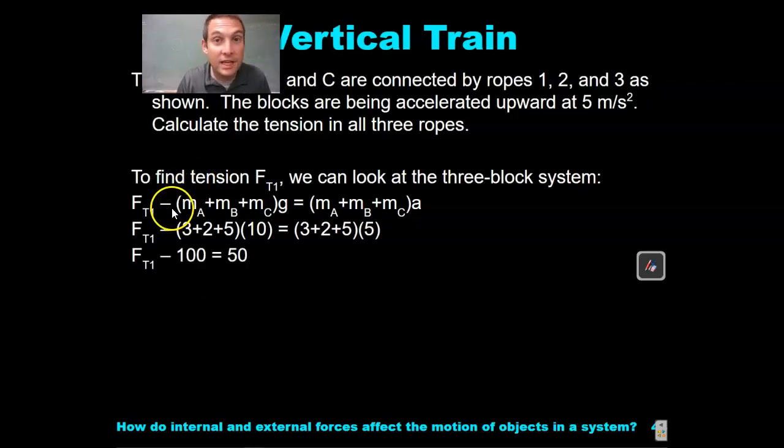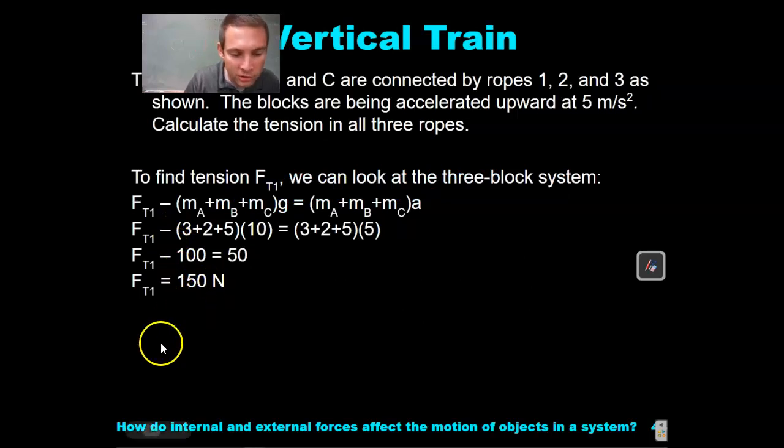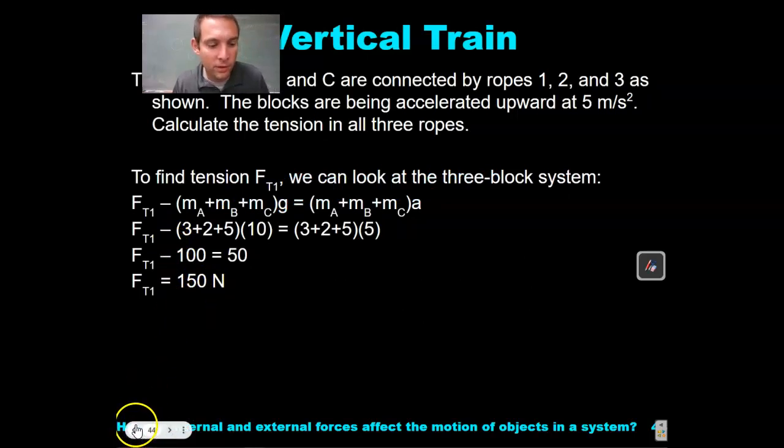Multiple ways to solve this. I don't care how you get there. I care that you get there with the correct answer and units, and you show the steps of how you got there. I also care that you don't break any math or physics rules, so keep that in mind. And we end with 150 newtons for FT1. So there you have it. There's the vertical train. We'll do another one of these